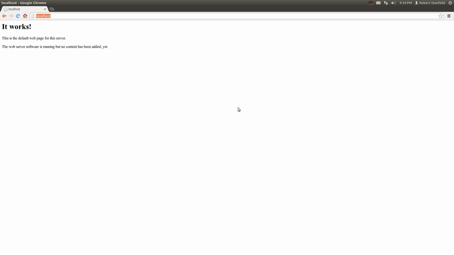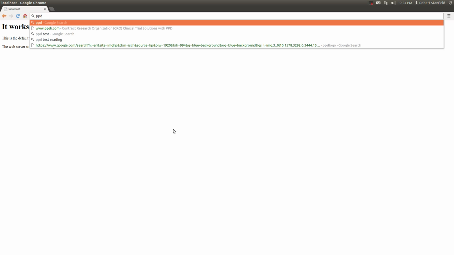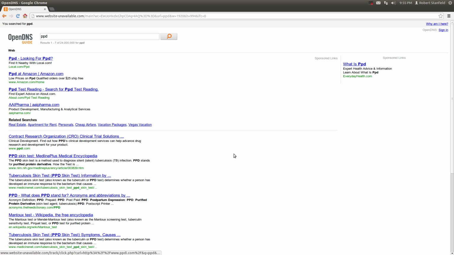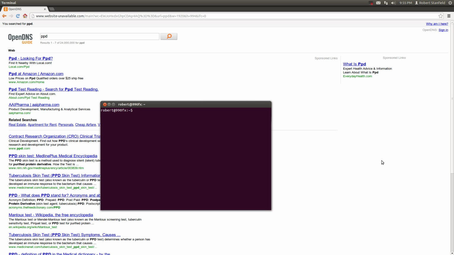So I'm going to call this Penguin Programming, or actually I'll just say PPD. It's going to be called PPD, and we want to access it like this. Currently that's not here, so what we do, we open up a terminal and we're going to cd into a